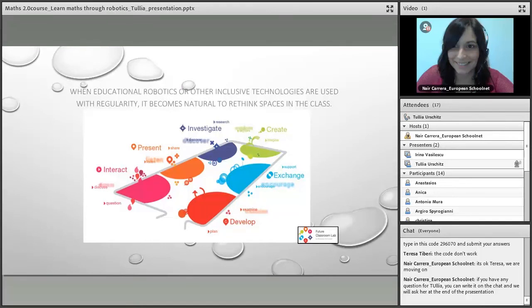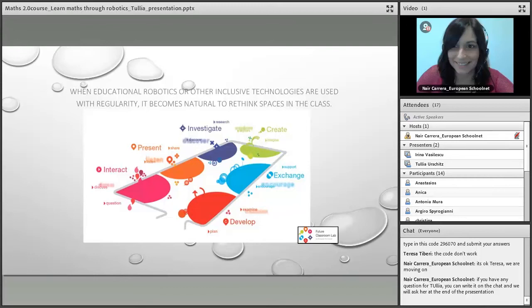Yeah, of course, when you work with the robots, you also have to change the space. In Italy, we are running a lot of improvement with the Piano Nazionale Scuola Digitale. We are opening some not future classroom labs, but digital classes. But also, if you are working in your normal class, you can change the space, work on the floor, try to set some corners in the class,